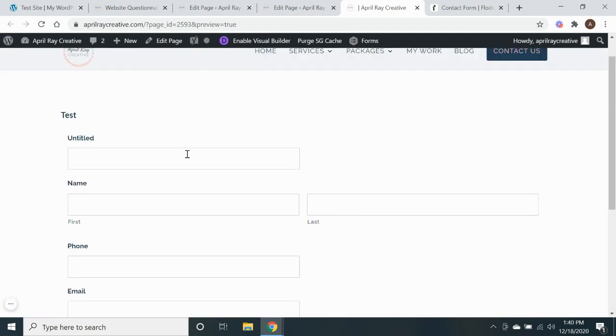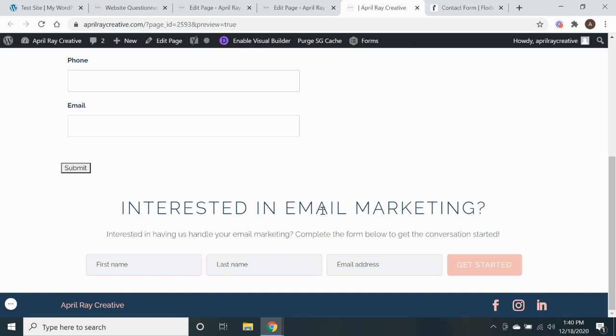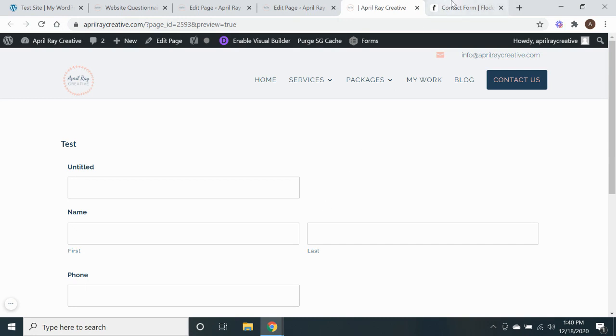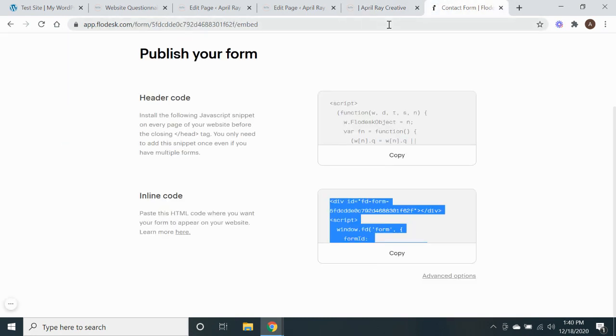So this Gravity Forms is more robust. It has way more options. You can collect way more information. Flowdesk is a little more easy peasy, more simple, but both of them have their places. So yeah, and then if you guys are starting from scratch, which I doubt you are, but if you're starting from scratch and need to add this header form or header code, just let me know and I can get that